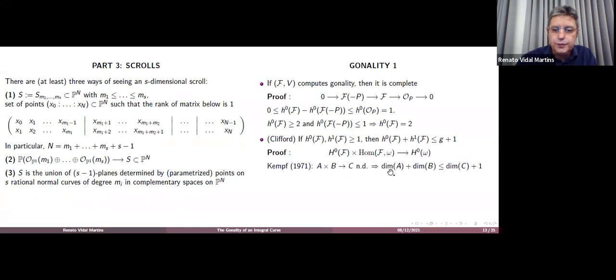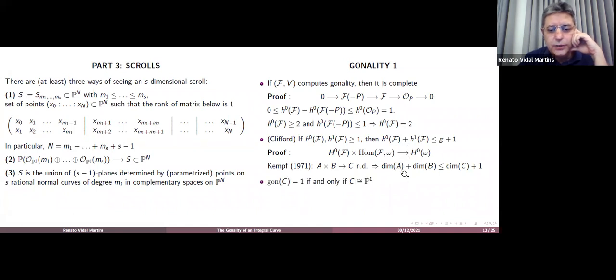And the proof comes from an argument by Kempf in 1971 that if we have a non-degenerate map A times B to C, then we have this inequality: dimension of A plus dimension of B is smaller than dimension of C plus 1. And this natural multiplication map, you just apply this result to this and you get the result. And now we are able